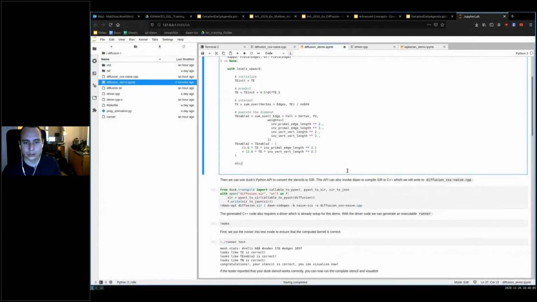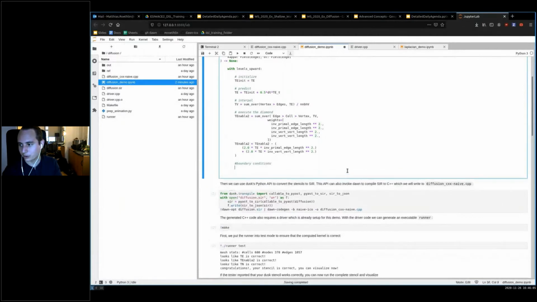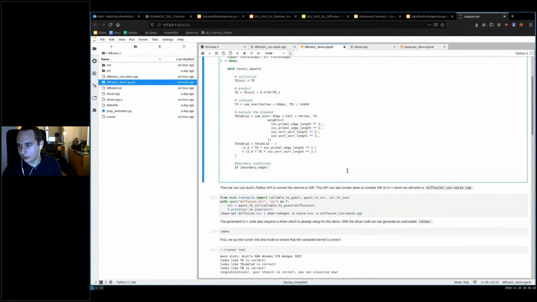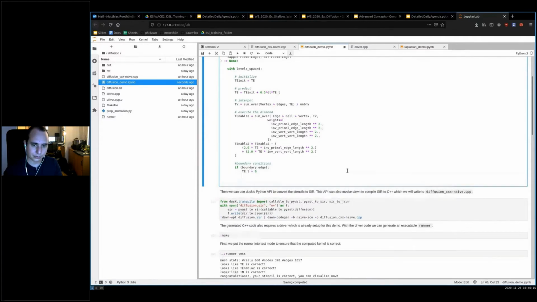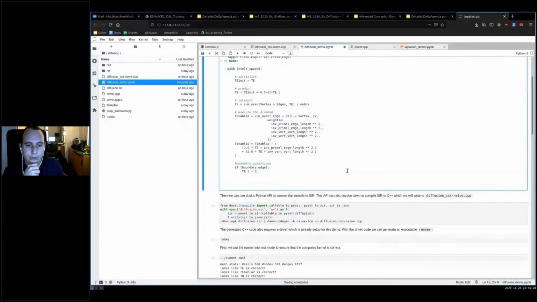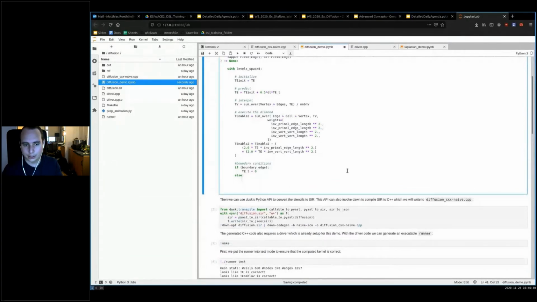One thing we need to do is the boundary conditions, which we can do, for example, like this. If boundary edge, then TE should be 0. So we don't want to evolve the temperature at the boundaries. And then we can use an else case, or we can just write it further down. But if we are not at the boundary, we would like to evolve